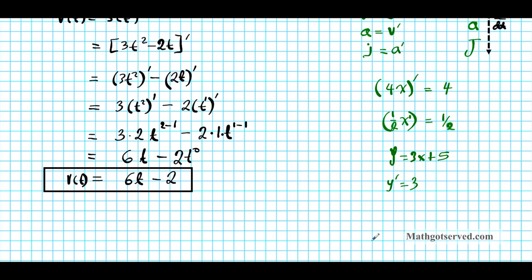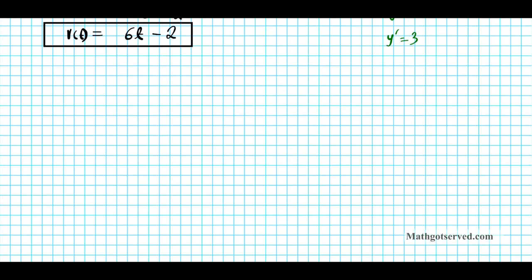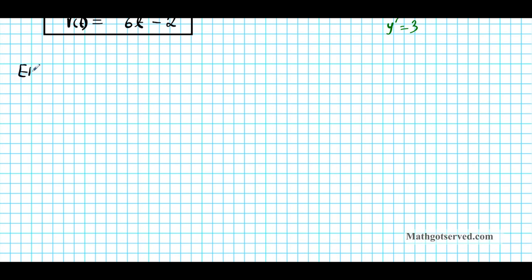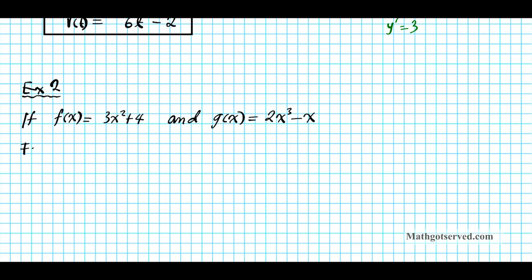All right, let's take a look at example number 2. Take a look at another problem. Example 2. So for number 2, if f of x is equal to 3x squared plus 4, and g of x is equal to 2x to the third minus x. The task is to find f times g prime and f over g prime